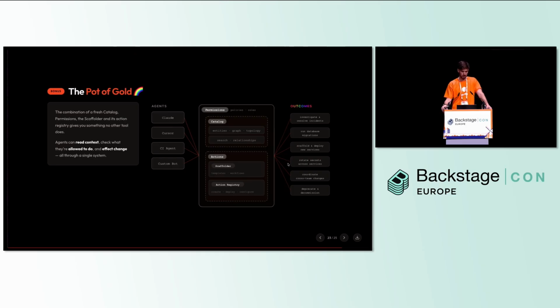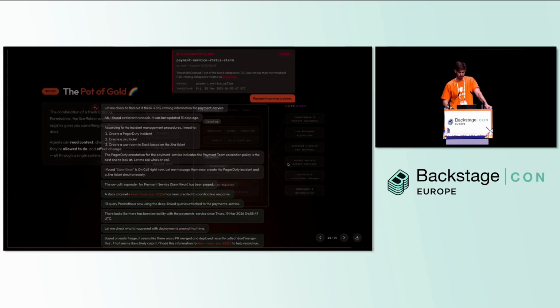They can do a bunch of stuff if they're allowed to both reason over the software that you have, but then actually make a change to it. And again, I've got the reference there. It's sort of in light gray, so maybe it can't be seen, but the permission system in Backstage is fantastic. It can wrap all of these tool calls in permissions. So you can have the control that is required to make those kinds of changes, the responsibility on the user and all these kinds of things within Backstage. That kind of already exists as part of the ecosystem.